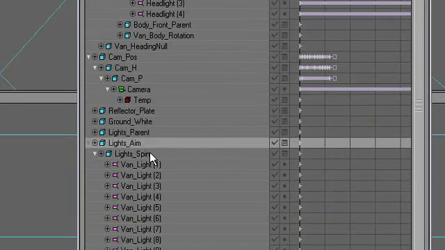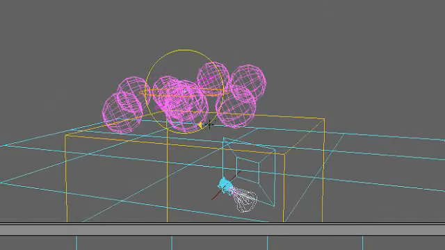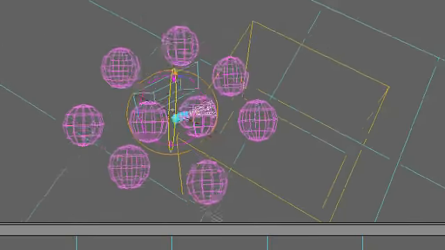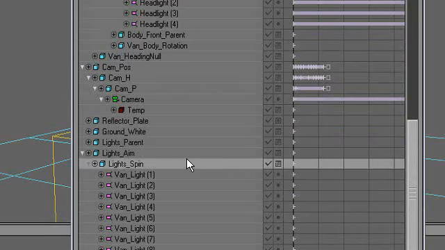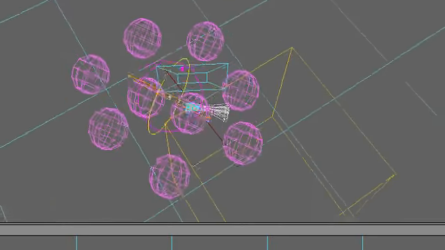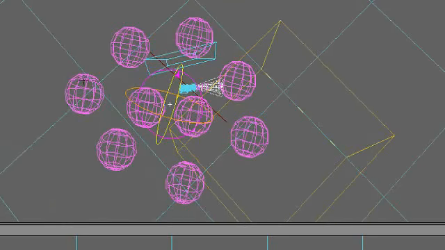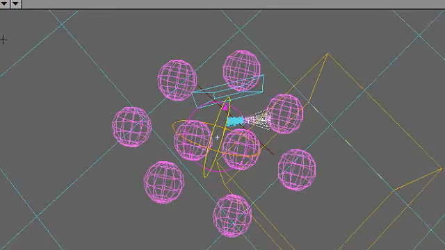I've created a null here called lights aim. That object is aiming, you can see a little arrow on the pitch, directly at the subject. Then there is a child of that object, lights spin, and because he is a child of that and his rotation is zeroed out, you can see right there, 0, 0, 0,